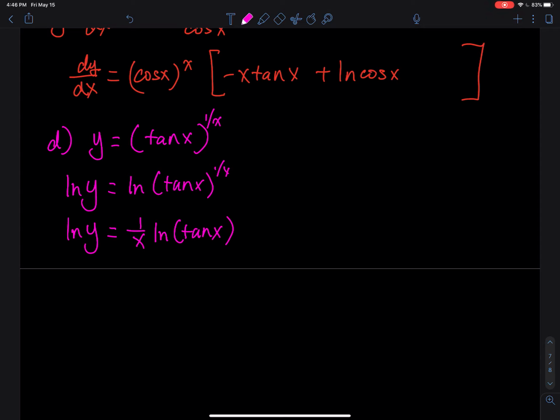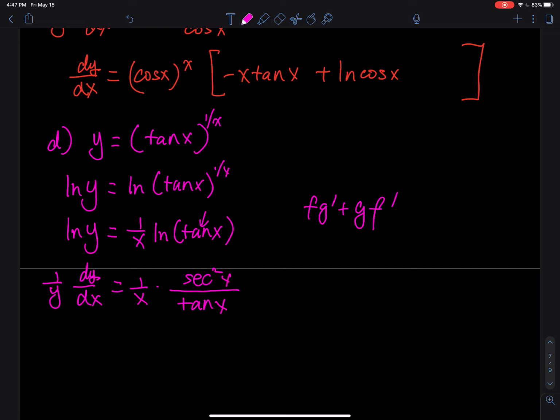Okay, what's next? Next, we differentiate, right? So using implicit on the left hand side, we have 1 divided by y, and then dy dx, that equals to, the right hand side is a, is what rule? The right hand side is a chain rule, right? And a product rule. So we have fg prime plus gf prime. So 1 over x, and then we immediately place the tangent in the denominator. Using chain rule, take the derivative of tangent, the derivative of tangent is secant square x, and then plus g,